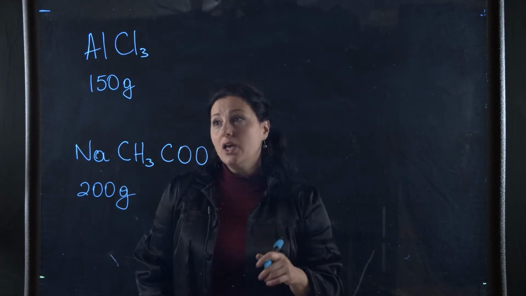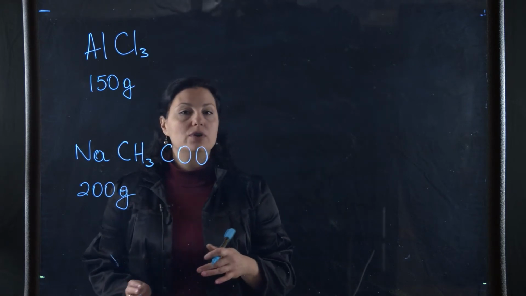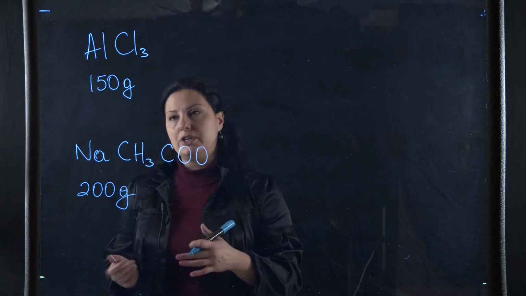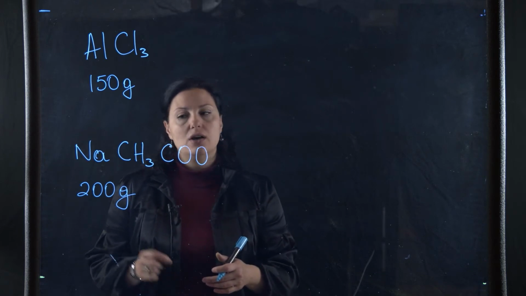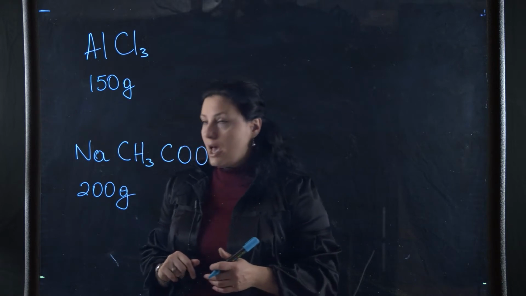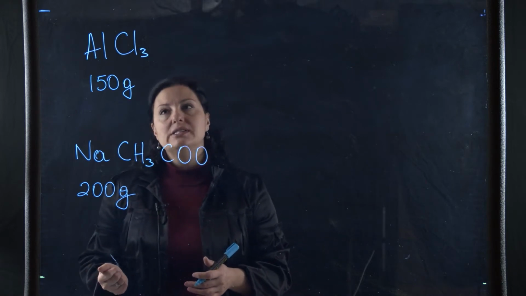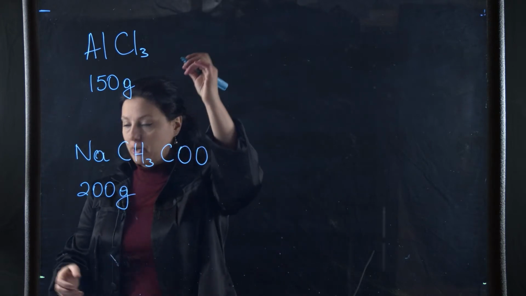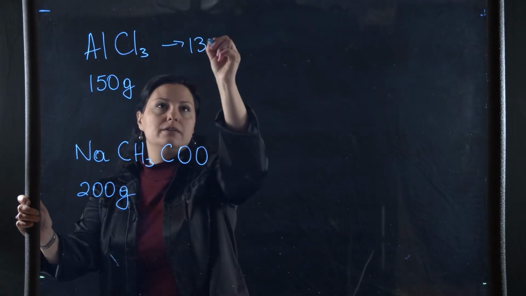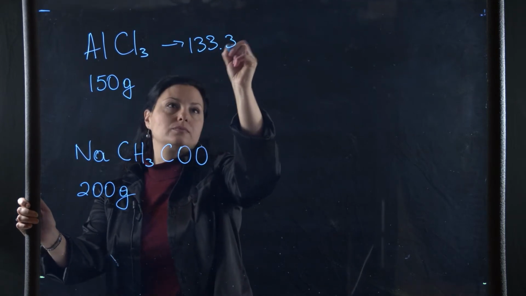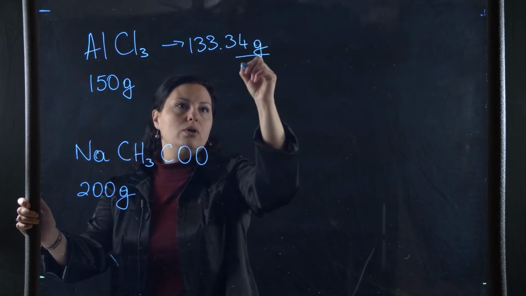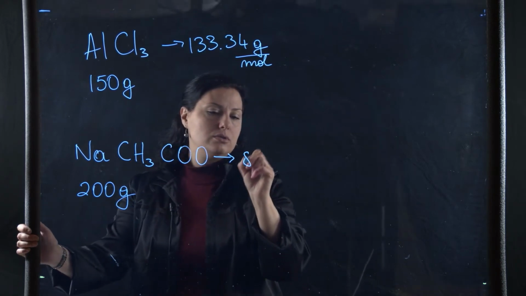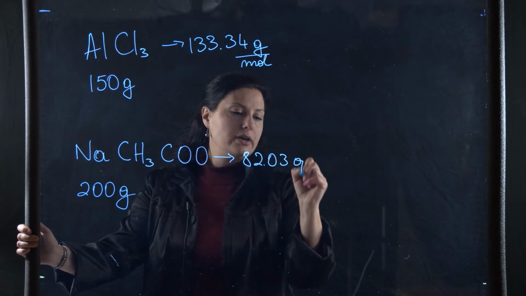The first thing that you need to do anytime you're asked to convert from an amount in grams to an amount in moles, or vice versa, an amount in moles to grams, you have to figure out the molar mass of each compound. And just because we reviewed it in the previous slide, I'm not going to really show you exactly how to do the molar masses of these, but you should get approximately 133.34 grams per mole for aluminum chloride and 82.03 grams per mole